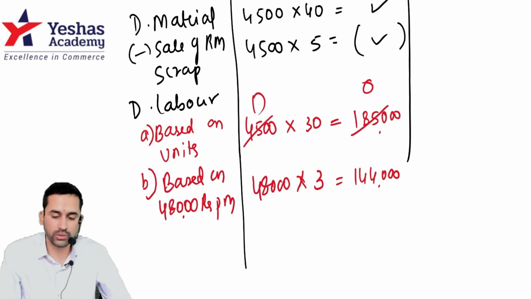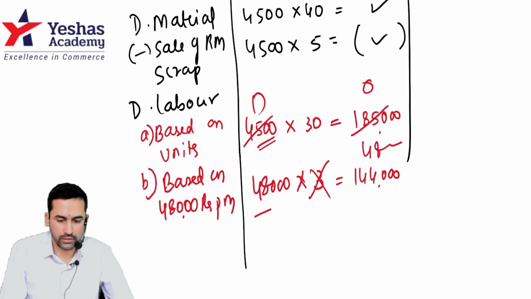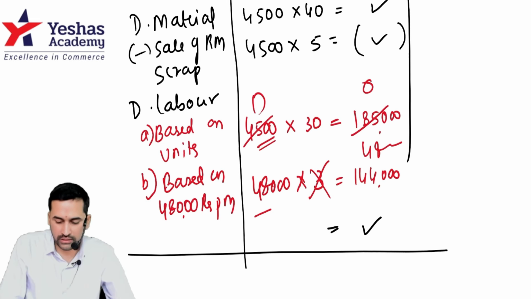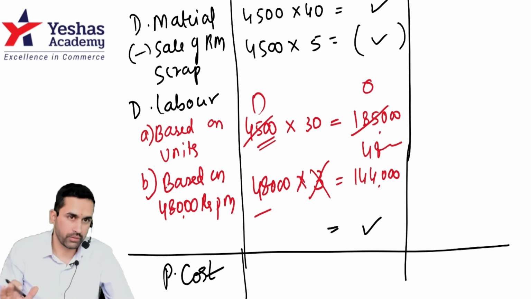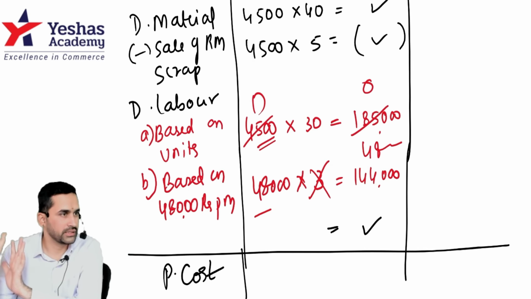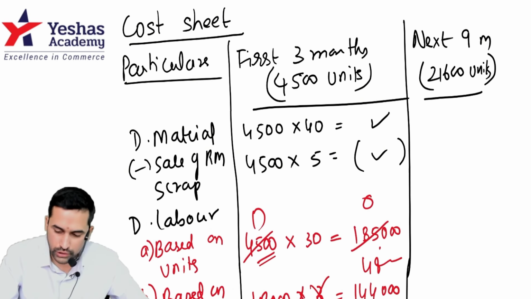Imagine this was 0 units. Then you would say 0. Then he says, no boss, minimum you have to pay me 48,000 per month. Some students forget this into 3. They compare this with 48,000 directly. This is for 3 months, so the labor cost should also be for 3 months. Then we will do it neatly. I'm just explaining now. Is there any direct expense in the question? No. Correct? Then whichever is the higher of the two, we will write. This will give you the number. Can we first complete till here? If you understand the first 3 months, the next is easy. Only the numbers have to be changed. The concept is the same there also. Start now. Heading: cost sheet.